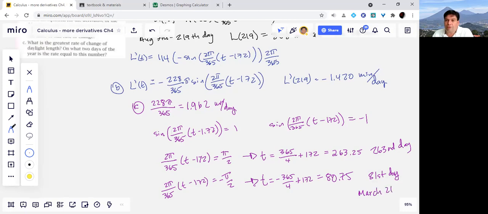And the 263rd day should be September. I don't remember, is it 21 or 22? We would have to see. I think it's the 21st. And that's it. Anything else to this problem? No. Okay. So